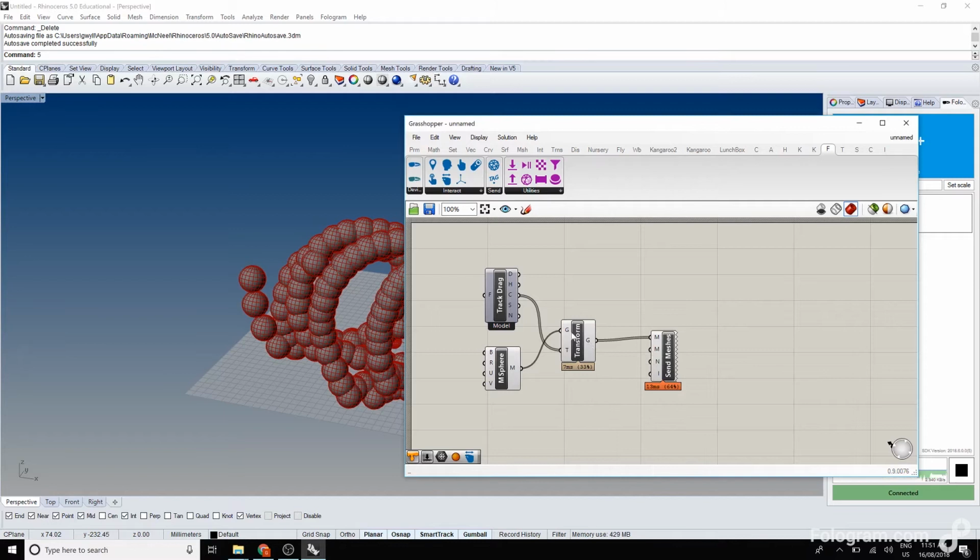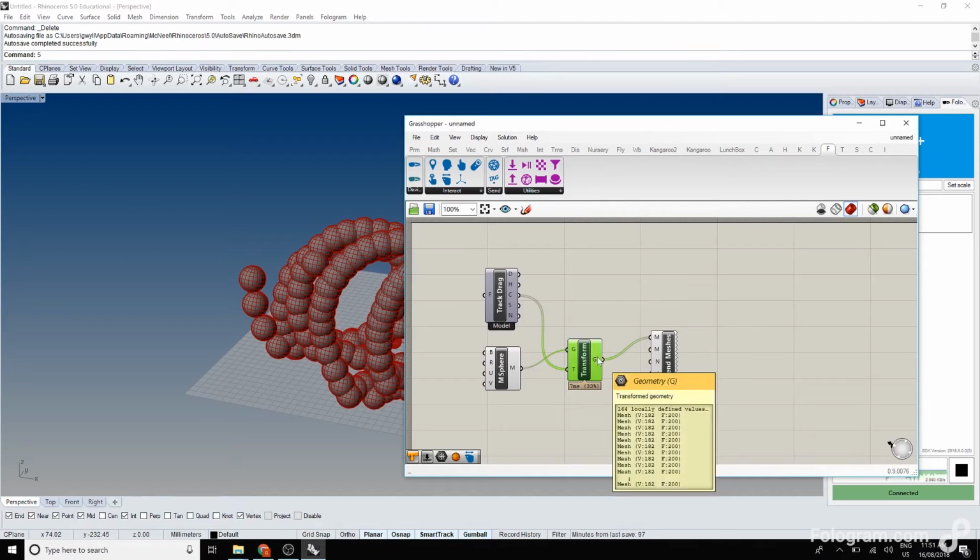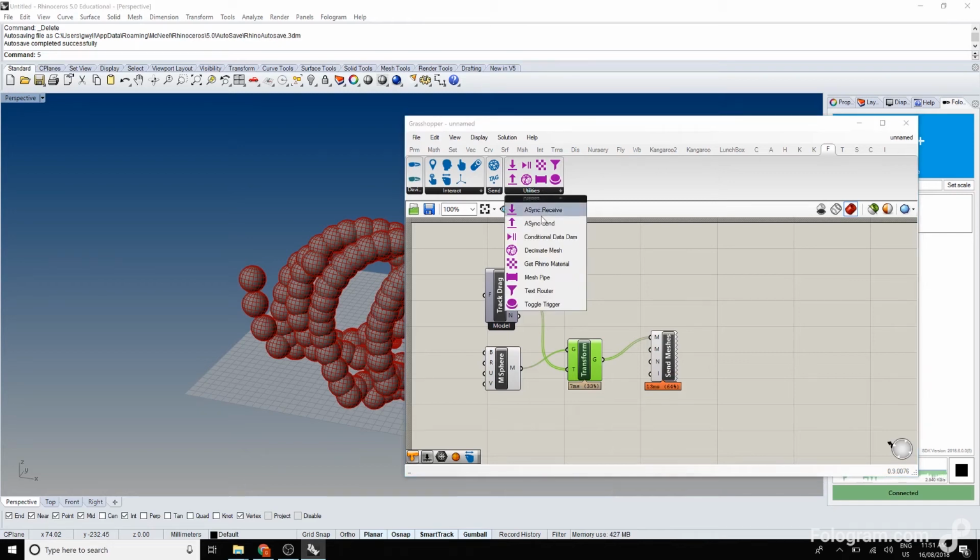A very simple way of managing these kinds of issues, which will come up quite often, is rather than sending through this list of geometry in Grasshopper, you can either use more advanced components, which we'll cover in later tutorials, to only send over the most recent bit of geometry that you're creating, or you can use the Rhino document as a kind of buffer. So if we bake,